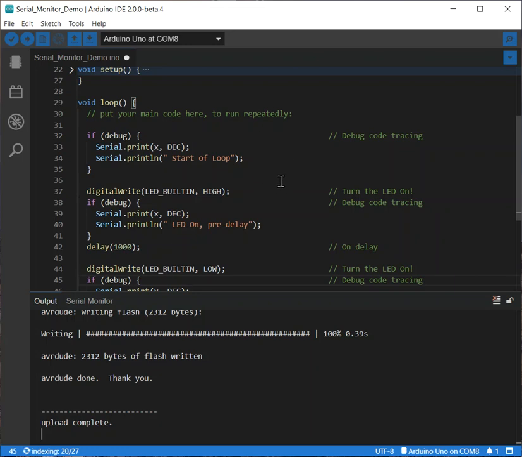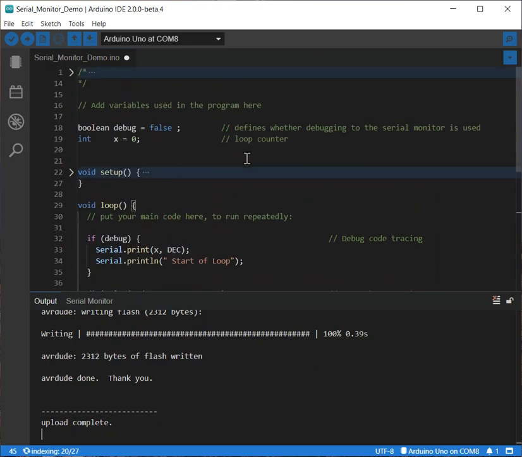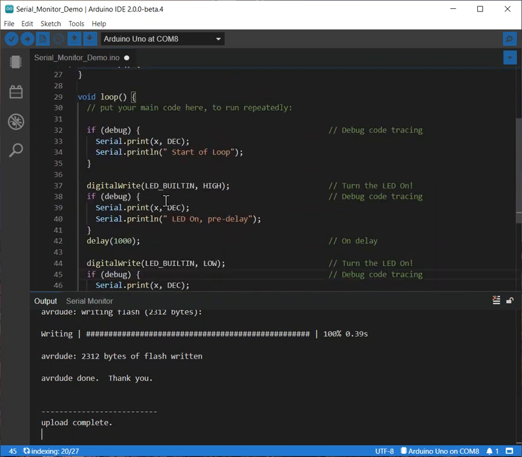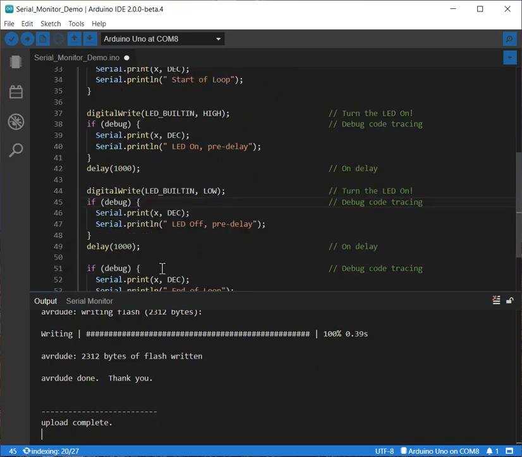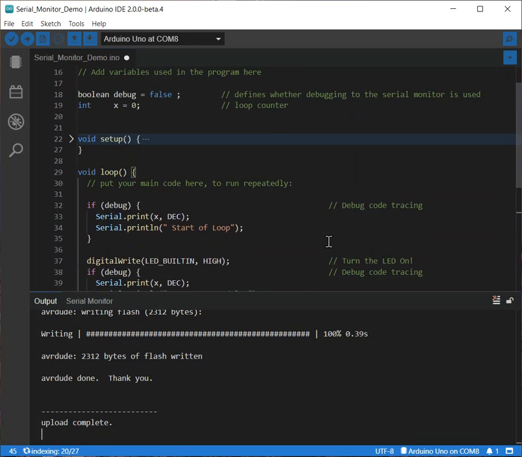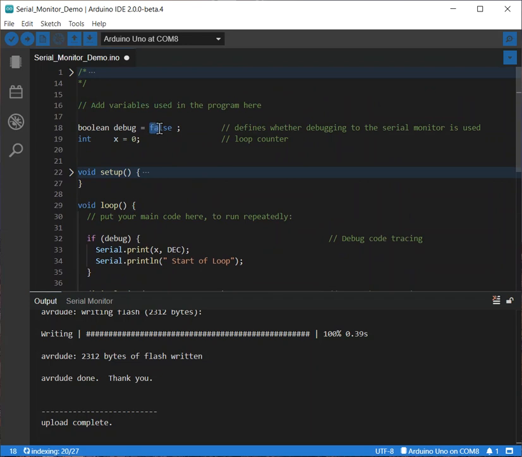So it's easy to follow right now. At the top of the program, if I have this set to false and I send this program over to my Arduino, none of these things are ever going to happen. It's almost like you just have these digital write and delay commands in here like you did before. However, if I change this to true,